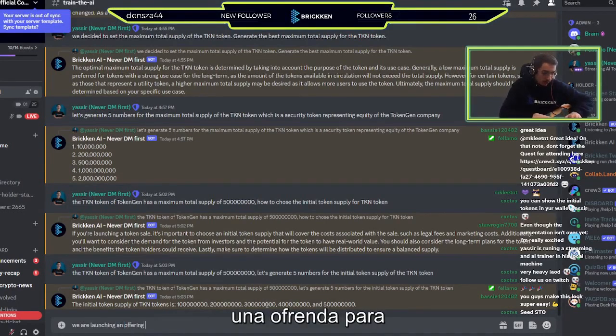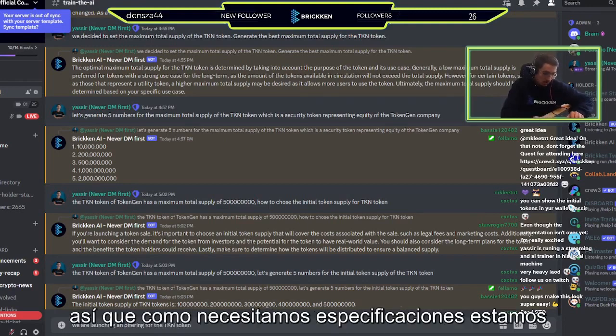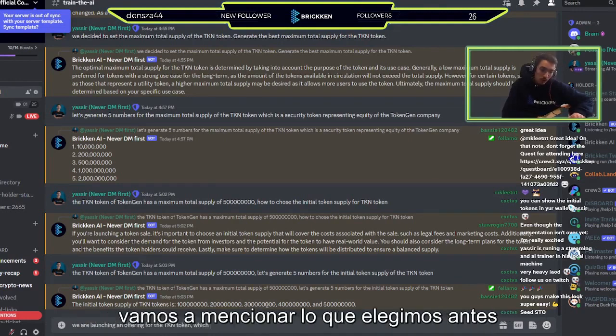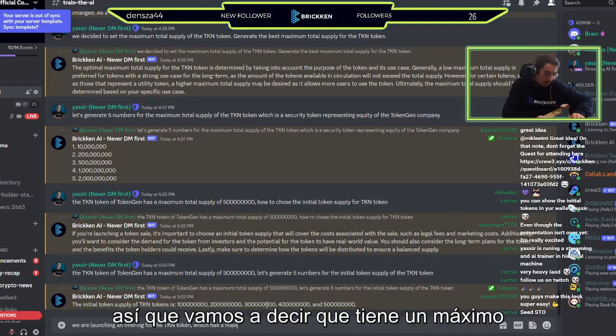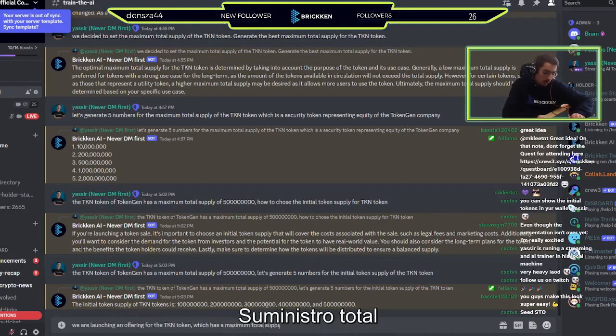So as it needs specifications, we're gonna mention what we chose before. So we're gonna say it has a maximum total supply of 500 million, an initial token supply of 100 million,